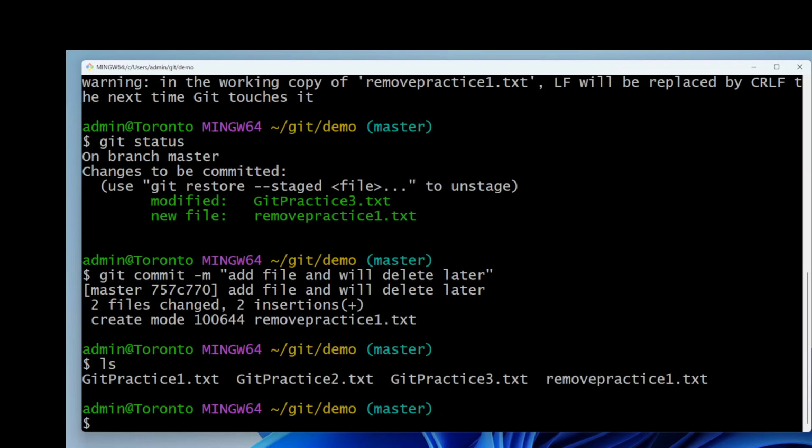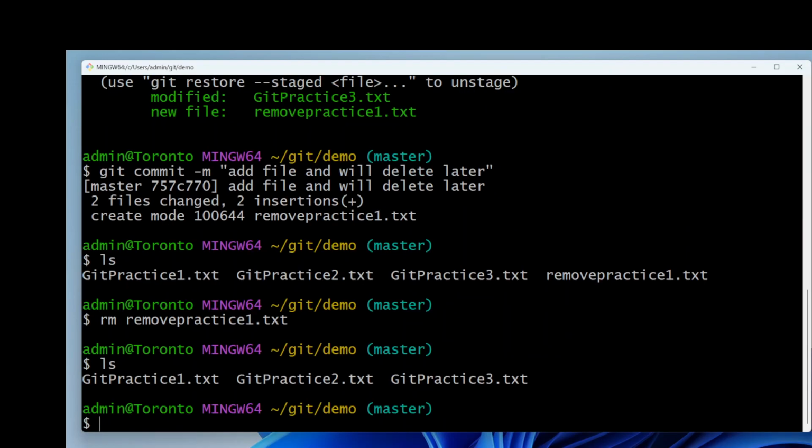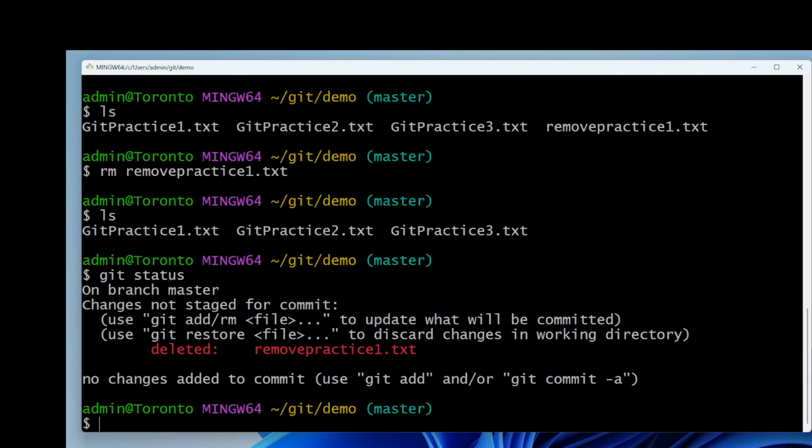Then we can just simply remove it, and using ls, the file is removed from the local directory, and we can use the git status to